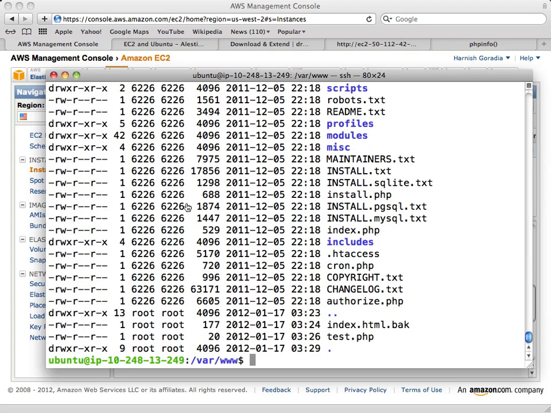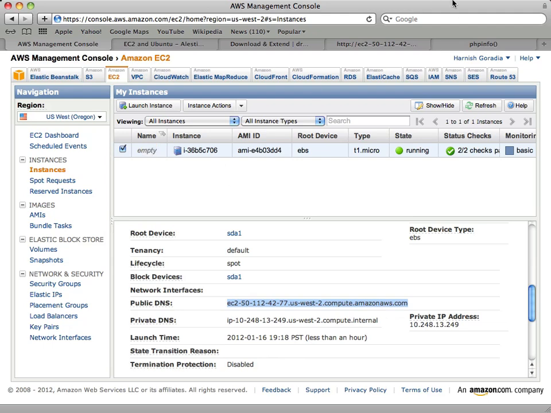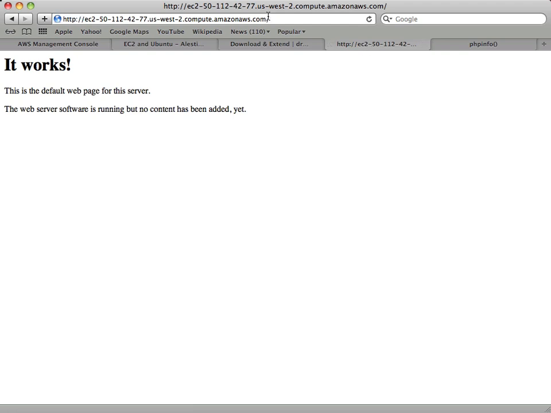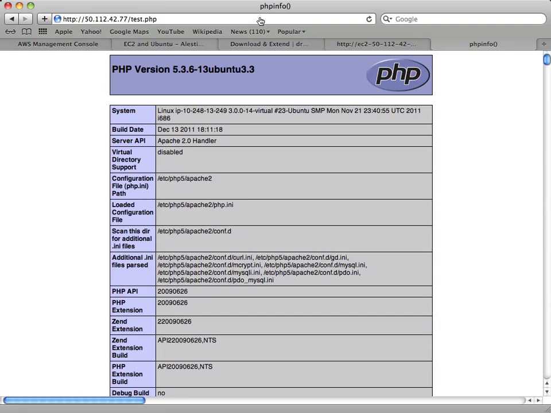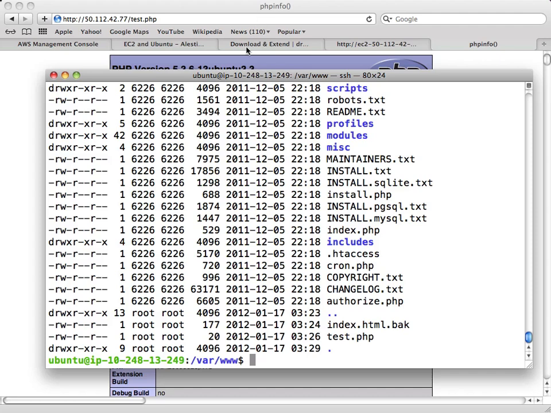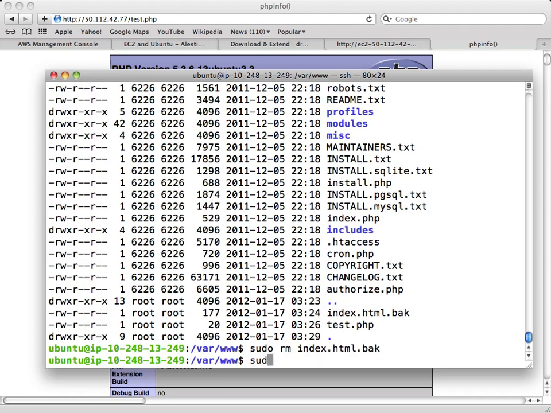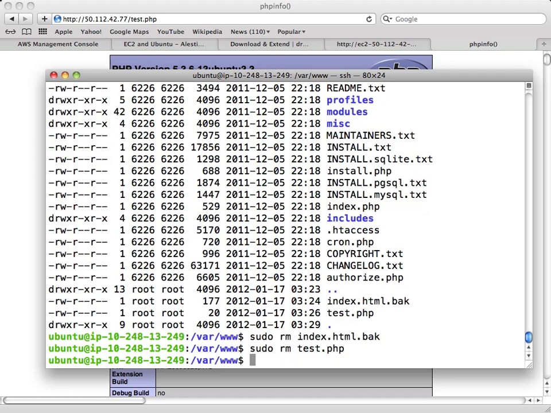Okay, so hopefully at this point, why is that doing it?